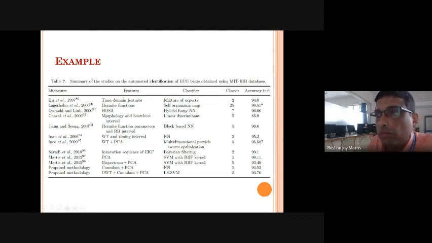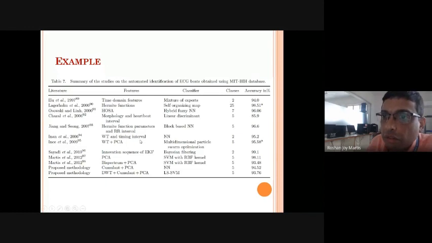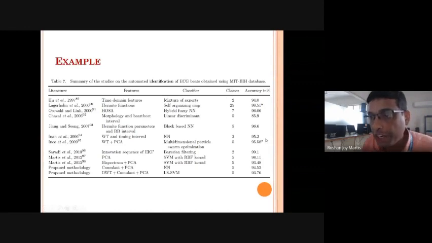Okay, so in my research, I have used some dimensionality reduction methods, which we also call data reduction methods, and different classifiers were used and I obtained different performance. Okay, I'll go into detail.